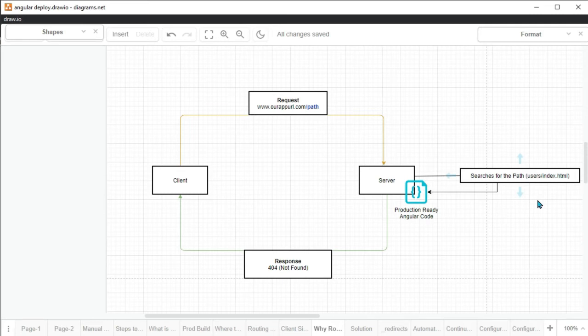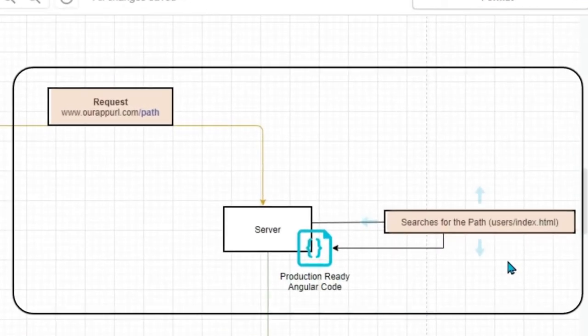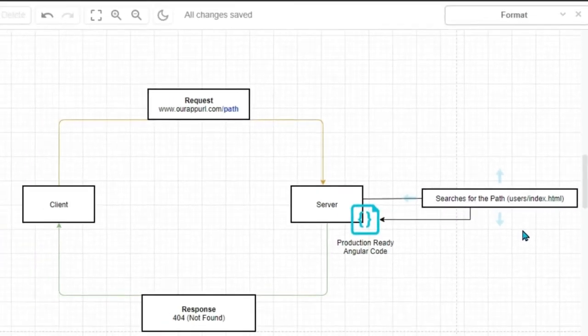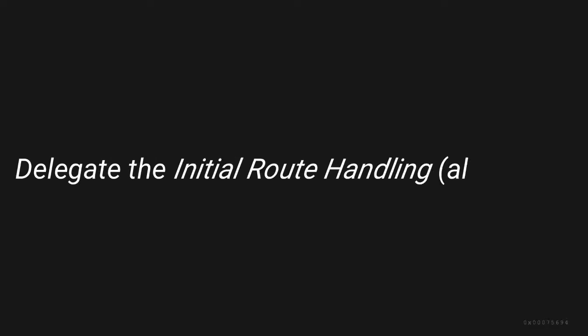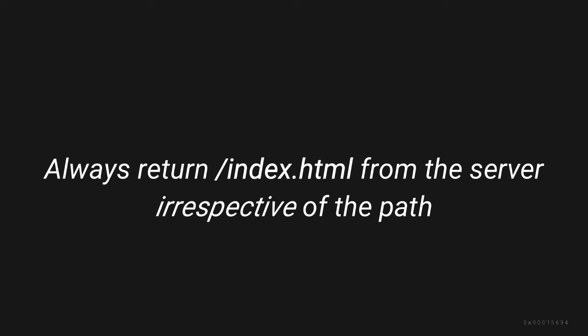Currently, we are facing an issue because our Netlify server is trying to handle the initial request that we are sending. It is trying to parse the path. But we already saw how Angular routing works, so the traditional approach of handling a route is not possible here. What we can do is delegate our initial route handling task to Angular, because it only knows how to do route handling. But how to delegate this task to Angular? Simple. We just need to return our index.html as a response for any request.